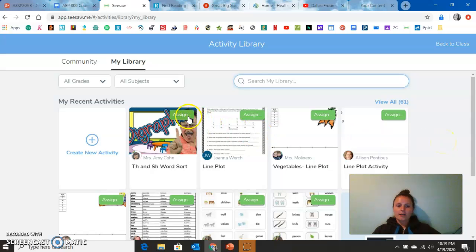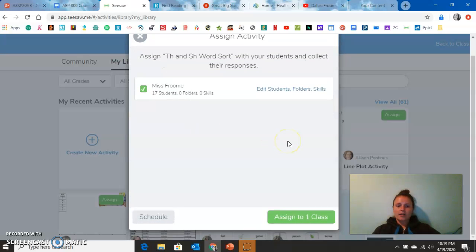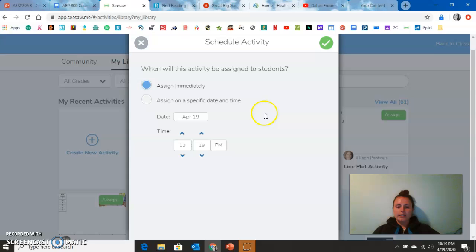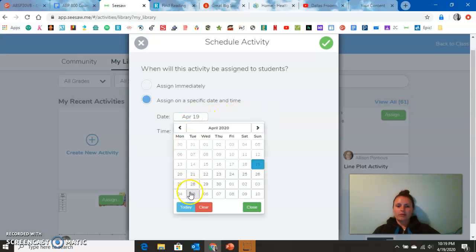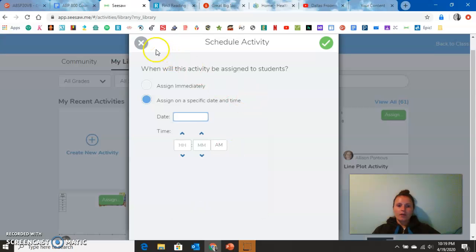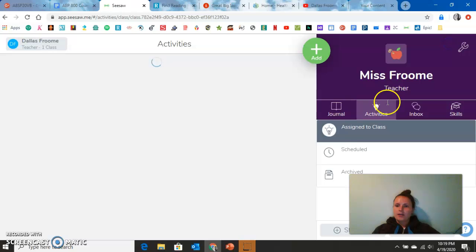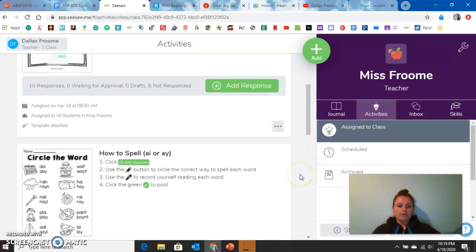If I want to assign something, I just click assign, and I can schedule it to appear on a certain day. So if I don't want to assign it right now, I can schedule it for Monday morning at 8 a.m. So you can plan ahead of time, which is nice. The other thing is I can leave